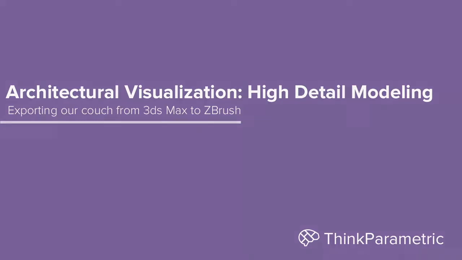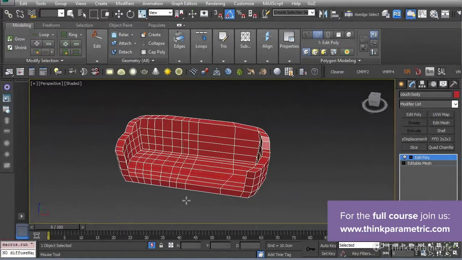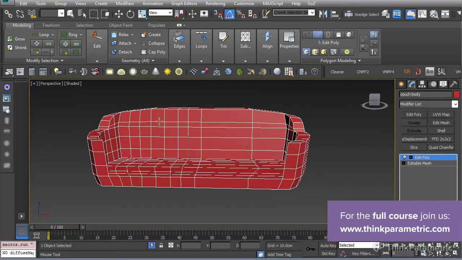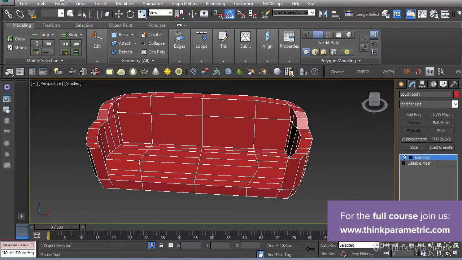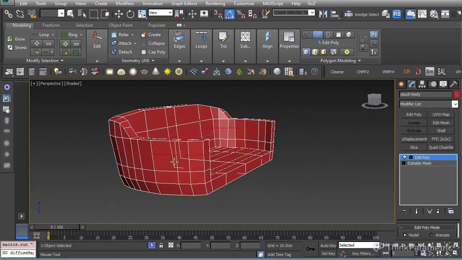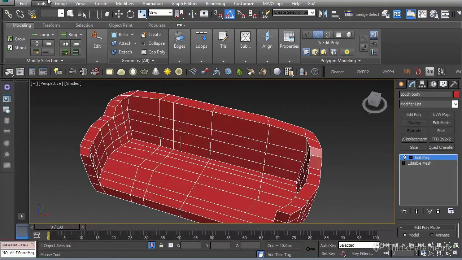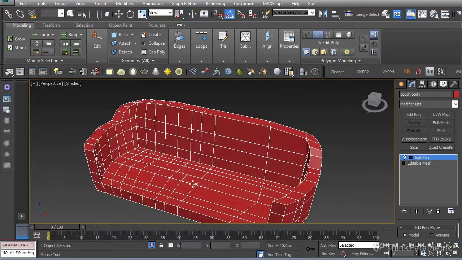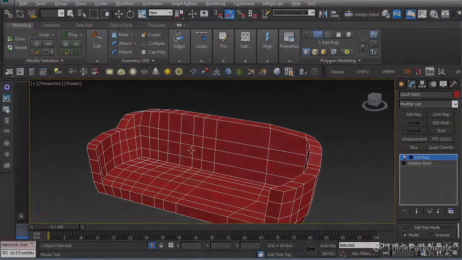Okay, so just before getting into ZBrush, we're going to be adding a little bit more detail into our model, trying to divide everything into even squares, okay? So I did this before, so we're just going to be adding a few edges here and there in order to even the faces, the distribution of faces into squares, okay? So we're going to be trying to make everything squares. This way, when we get into ZBrush, the subdivision of the faces is going to be equal and a little bit more well distributed. So what do I mean by this?